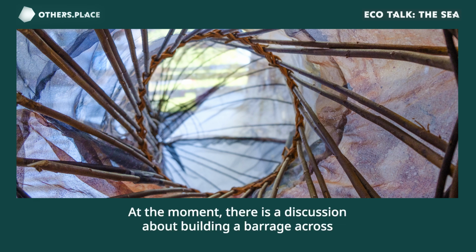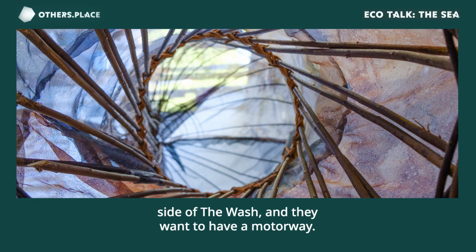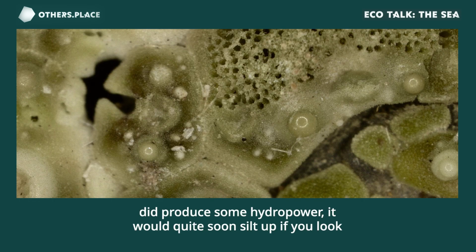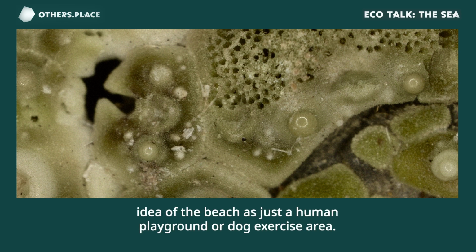At the moment there's a discussion about building a barrage across the Wash to build a super highway. They want to build a container port on the Lincolnshire side of the Wash, and they want to have a motorway. They're dressing it up as a hydropower project. Even if it did produce some hydropower, it would quite soon silt up if you look at the analysis of similar projects in Amsterdam and other places. I'm trying to think about how we can move people on from the idea of the beach as a human playground or a dog exercise area and